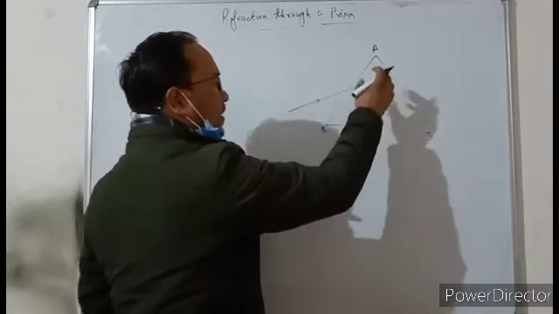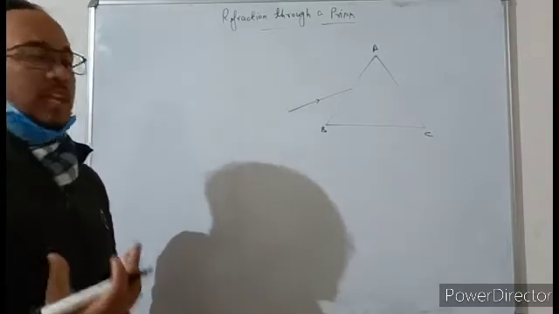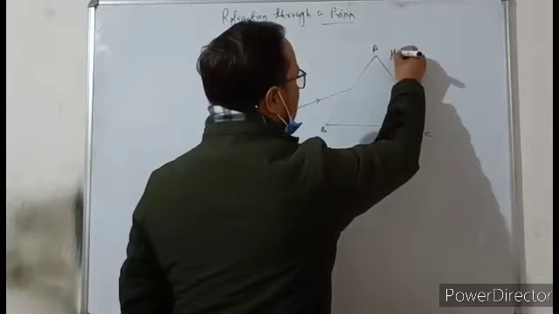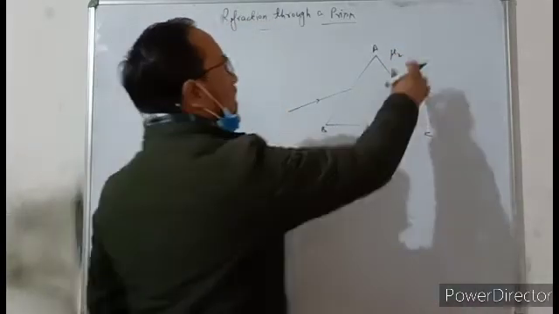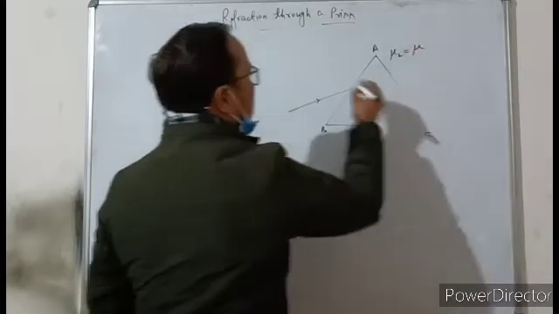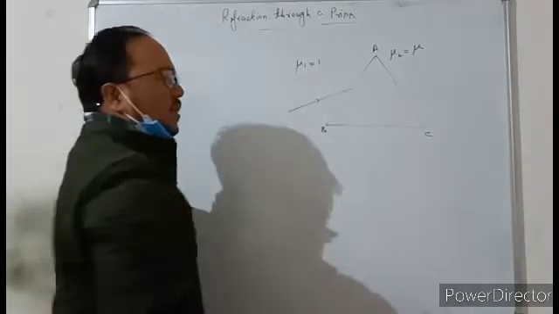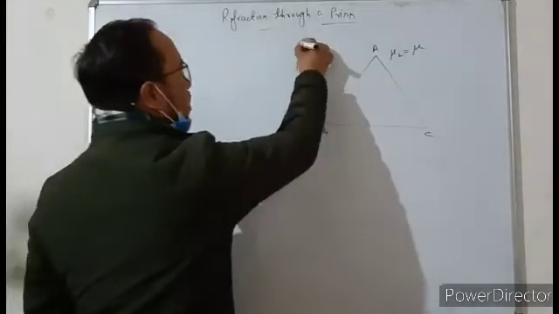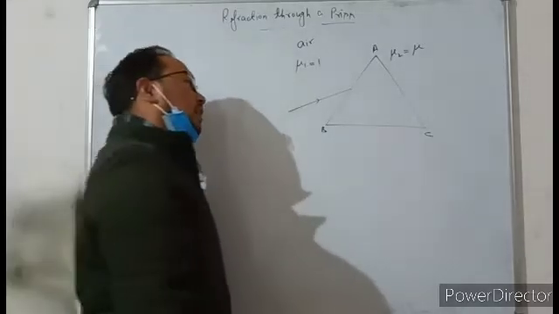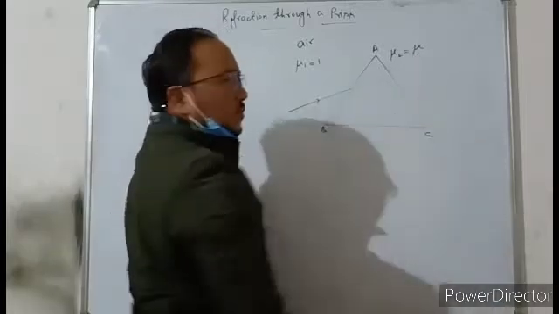As you know that prism is made up of a certain medium or material. Suppose the refractive index of the prism is mu2, which is generally taken as mu, and the surrounding medium is mu1, which is generally taken as 1. अगर surrounding medium हमारे पास air हुआ, then we take the refractive index of surrounding medium is 1, and in that case the refractive index of the prism is taken as mu.